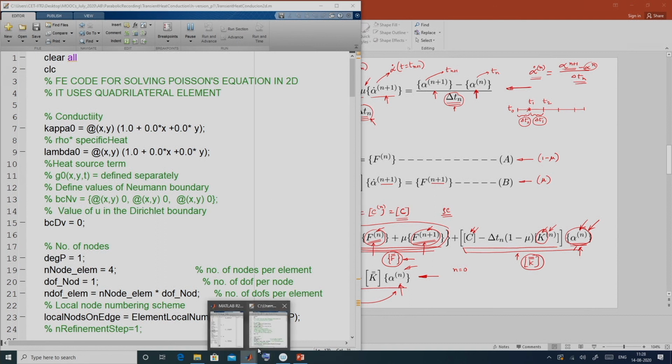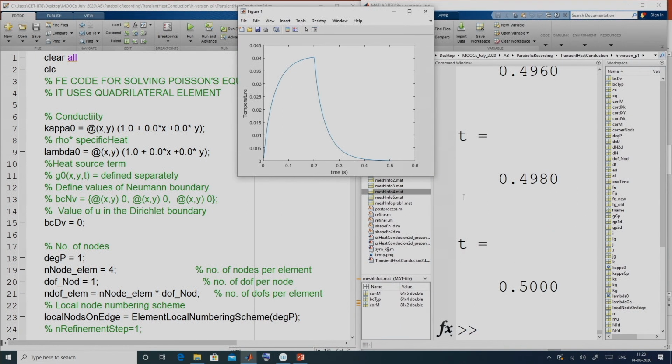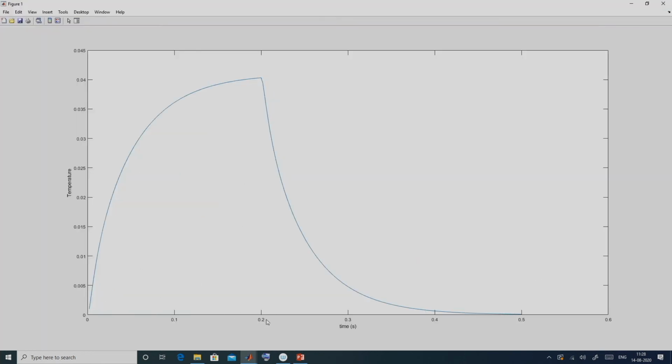Here I have already started running. As you see, up to 0.2 second the temperature at the mid of the domain is increasing. Then, as I switched off the heat source from 0.2 second onwards, the temperature starts dropping, and it reaches the ambient temperature, or say 0 temperature, at time t equal to 0.5.